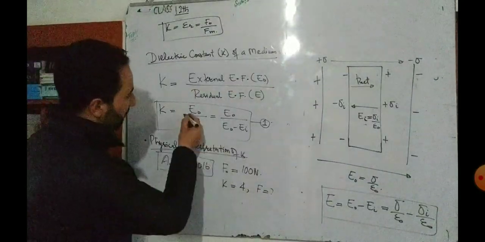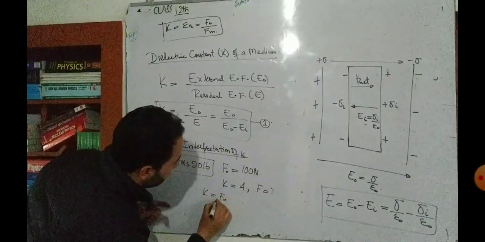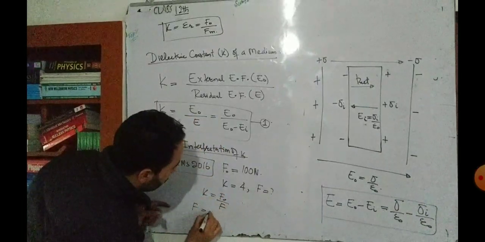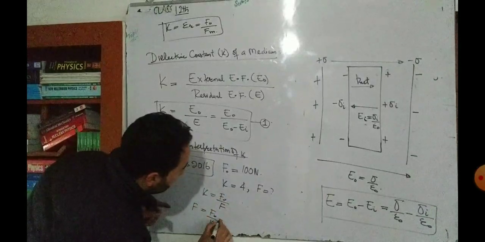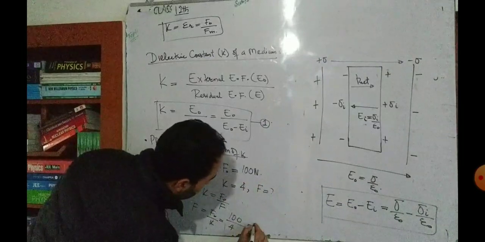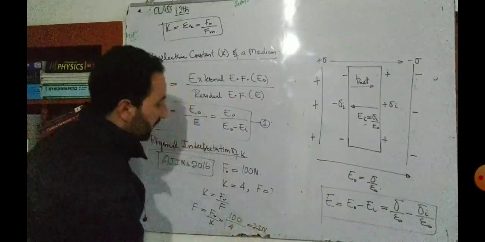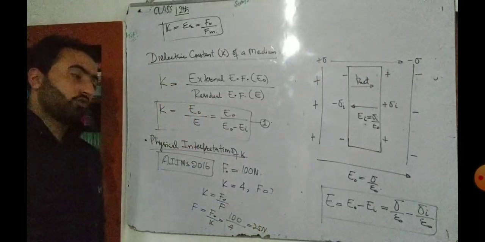So simple ये equation use करनी है. So K will be equal to F naught divided by F. ठीक है ना बेटा? That means F will be equal to F naught by K. बस हो गया. F naught कितना है? 100. K कितना है? 4. That's equal to 25. ये एग्जांपल हमने की है 25 न्यूटन. ये एग्जांपल हमने ऑलरेडी की है. We have done this in the Coulomb's law as well.